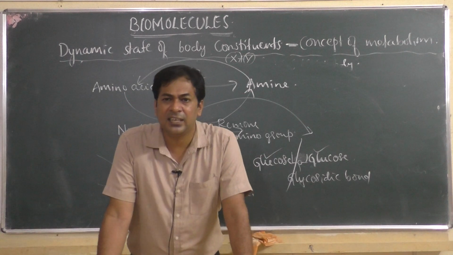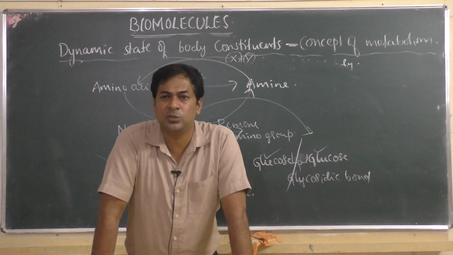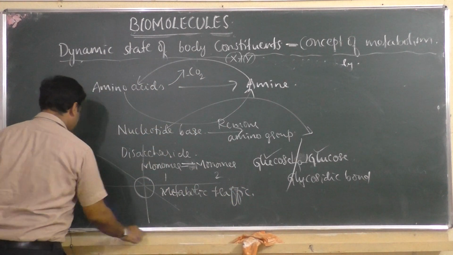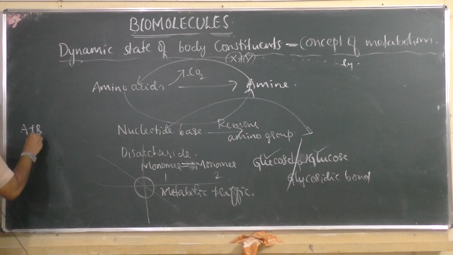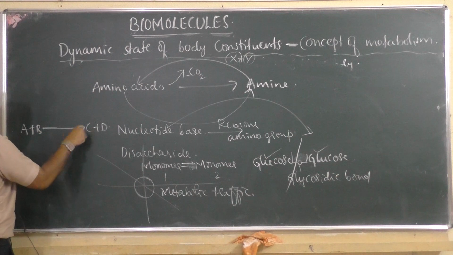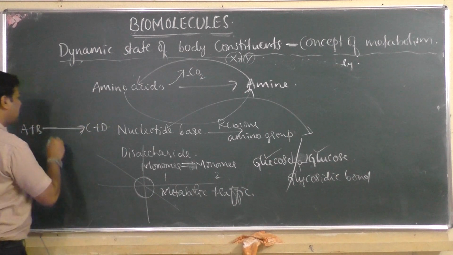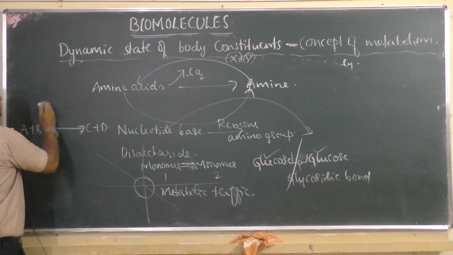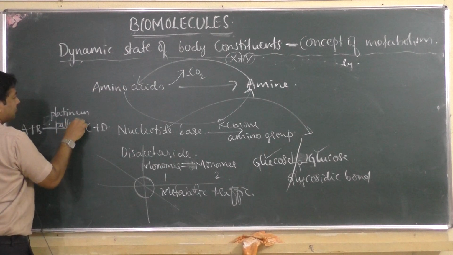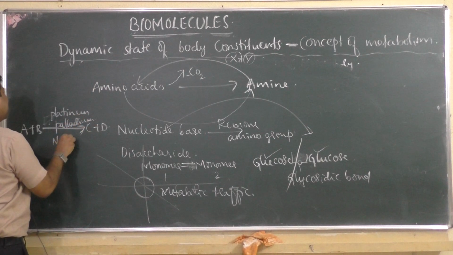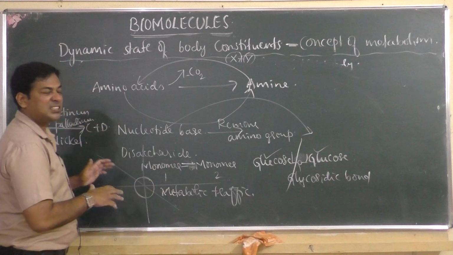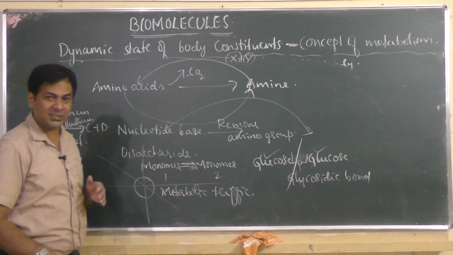What is catalyzed in chemistry? All the reactions in the human body or living organisms require catalysts. Like in chemistry, A and B are reactants and produce C and D, which are products, and on the arrow mark they write some catalyst, like platinum or palladium catalyst, or nickel as catalyst. What does that catalyst do? It will fasten the rate of reaction. Rate of reaction means speed of reaction.